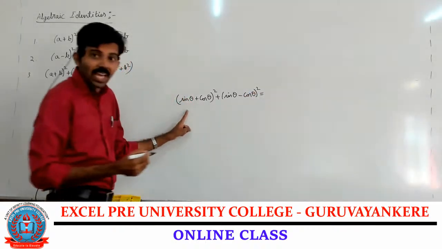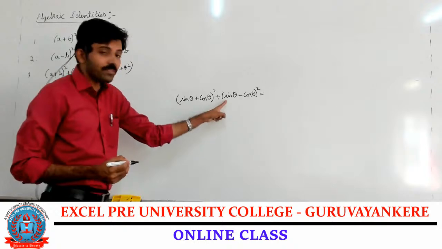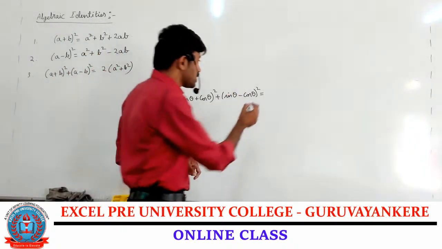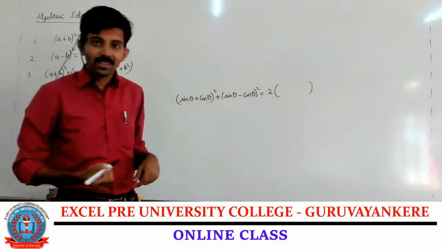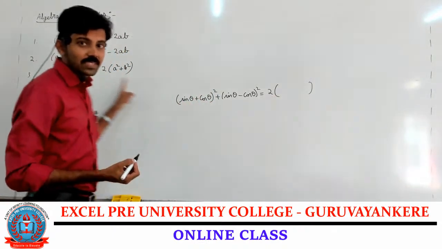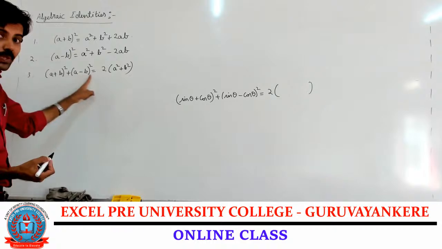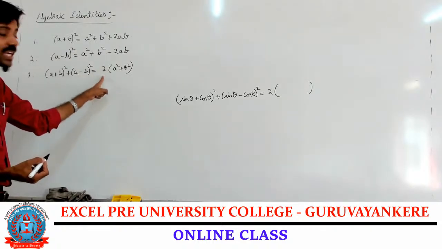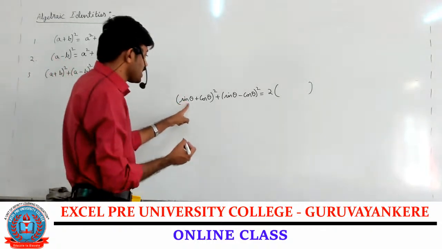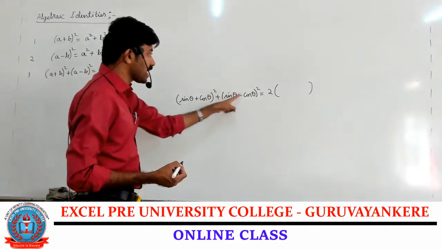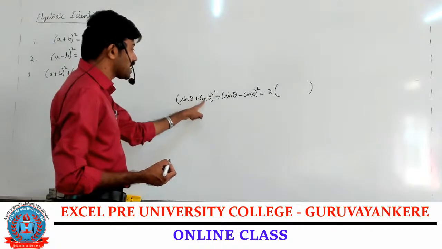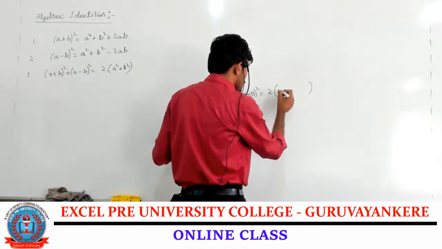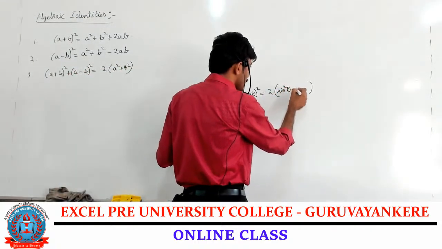This takes the form a plus b the whole square plus a minus b the whole square, which is 2 times a square plus b square, right? Directly I can apply this third one. A is sin theta, b is cos theta, 2 times sin square theta